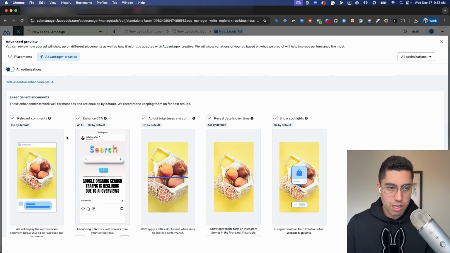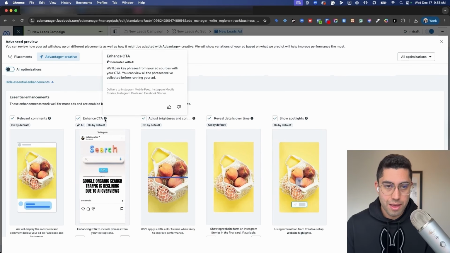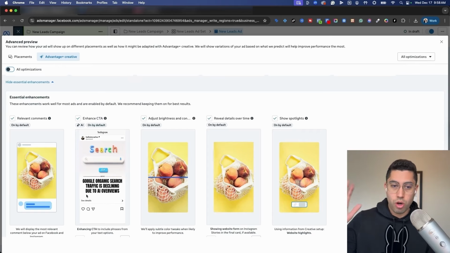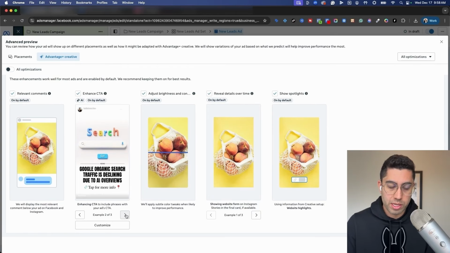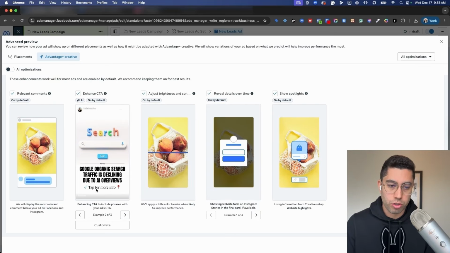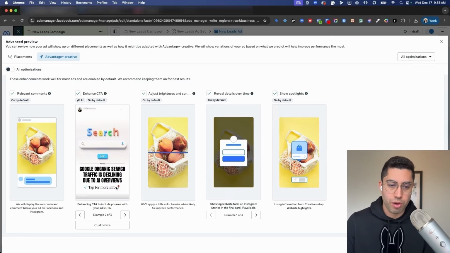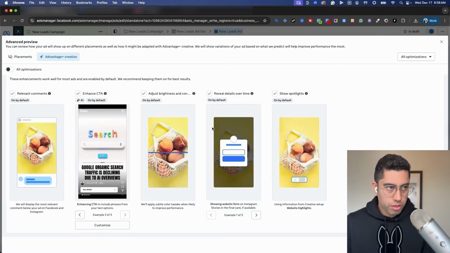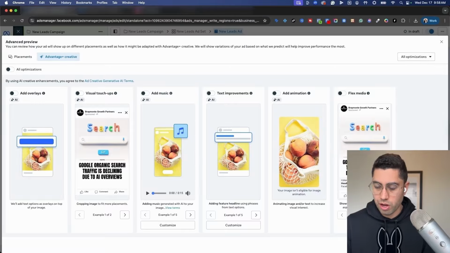You can leave some of these enhancements on. I actually do the enhanced CTA because it'll give you different variations of the CTA rather than just trying to always do more. It will adjust that in real time depending on what performs best, and also give you kind of longer CTAs that you wouldn't otherwise get. So this tap for more info with this little pin here also works very well. So long story short, load up your images in these different formats, toggle Advantage Plus Creative off, and you're good to go.